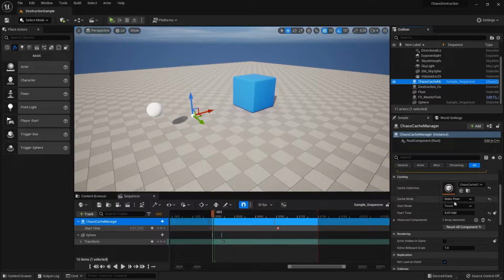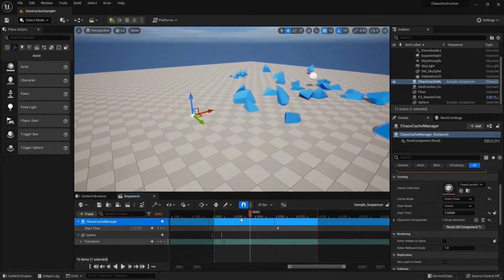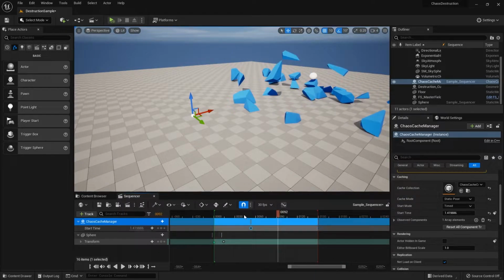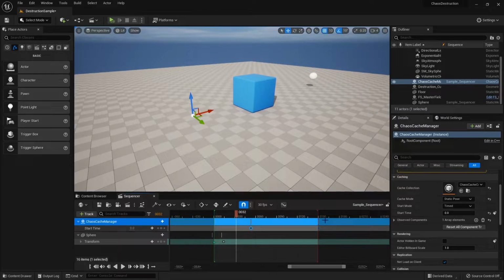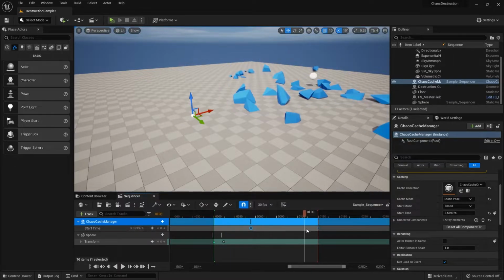And by default, it will be on record, which when you press play, it will start the recording as the time passes. So you can leave it on as long as you like and then just press stop, and then it'll stop recording, and then you can change it back to static pose. Then after that, just drag it into the sequencer and keyframe the time, and then you can scrub through all this simulation that has been recorded. So I can also change the keyframes for the recording, to make it maybe explode at a later time. Which doesn't make sense over here, but yeah, just as an example.